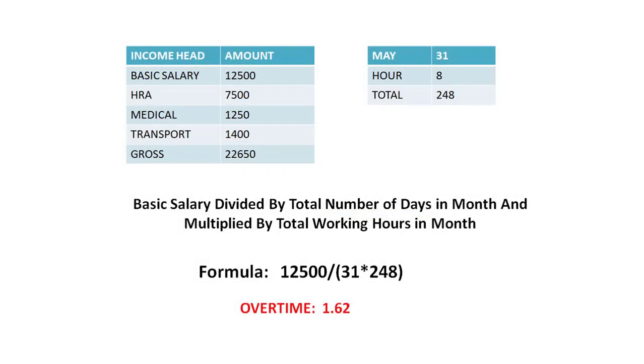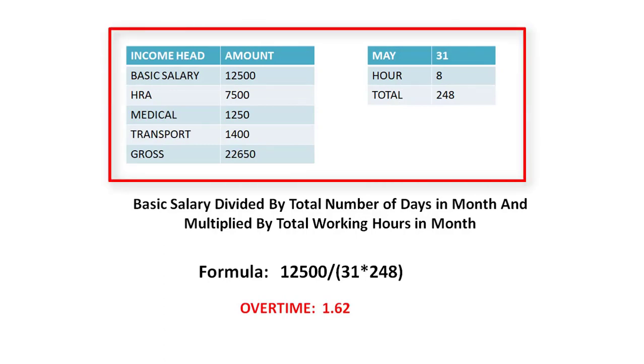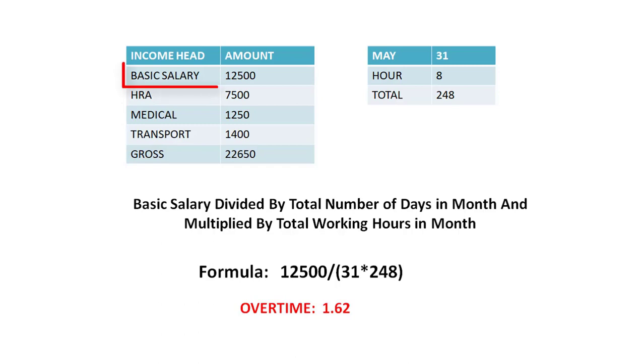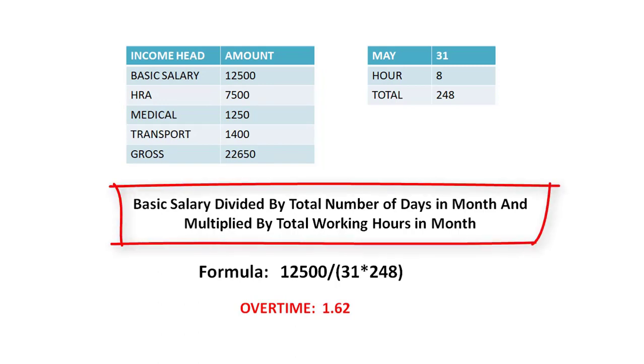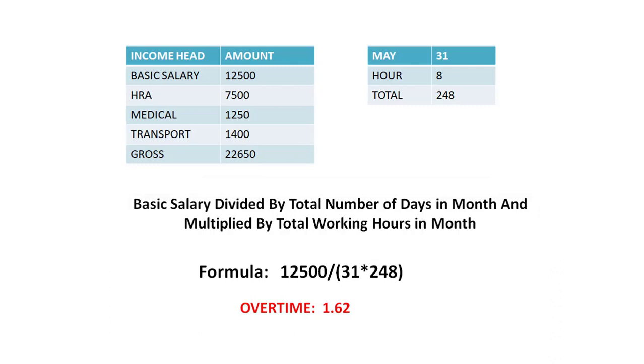Now let's understand it through an example. This is the salary structure of an employee, and we are calculating OT on the basic salary because we have already selected that OT should be calculated on basic. So we put the formula: basic salary divided by total number of days in month and multiplied by total working hours in month. Suppose basic salary is 12,500.